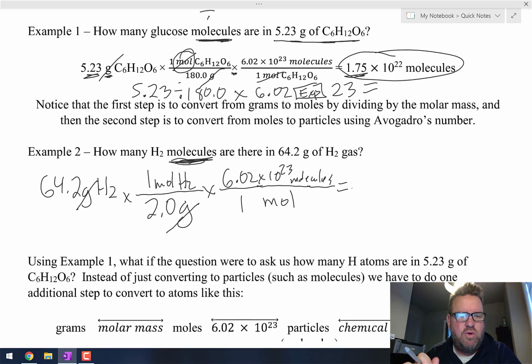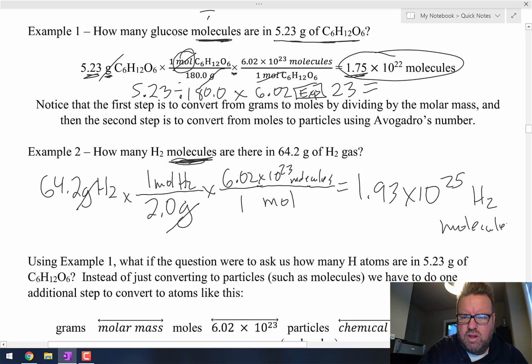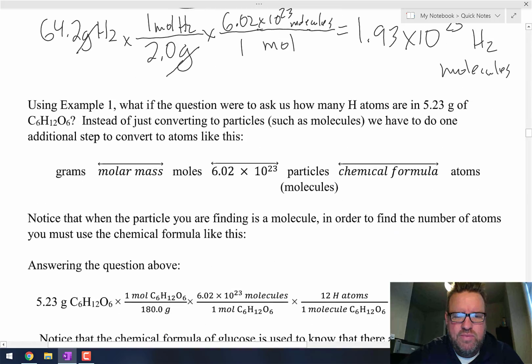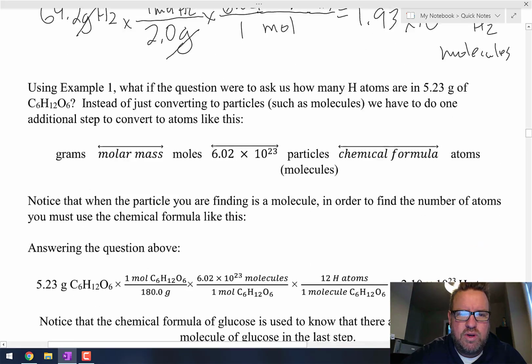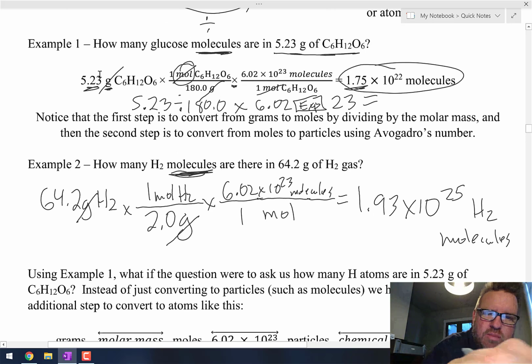I type in 64.2 divided by 2 multiplied by 6.02 exponent 23, and I get 1.93 times 10 to the 25th, and those are H2 molecules. Okay? Now, the only other thing that's tricky here, well, first of all, we're going to do a couple more examples. If we go back to example 1,